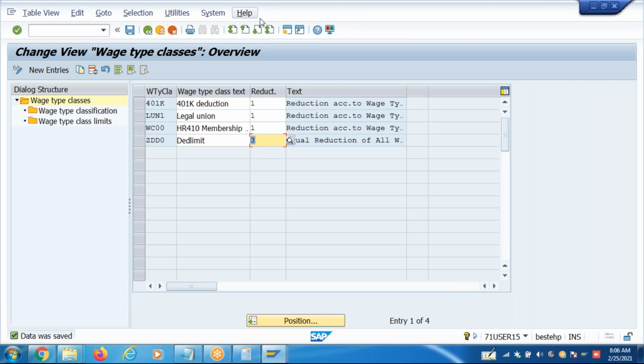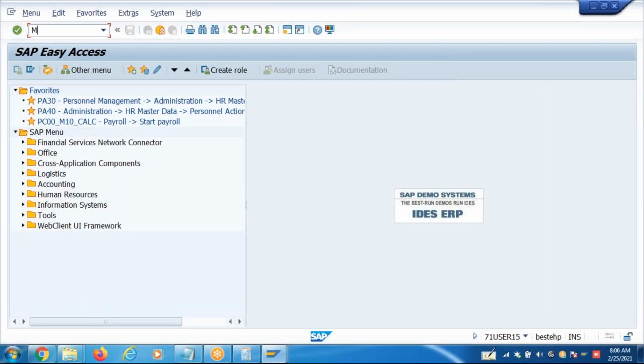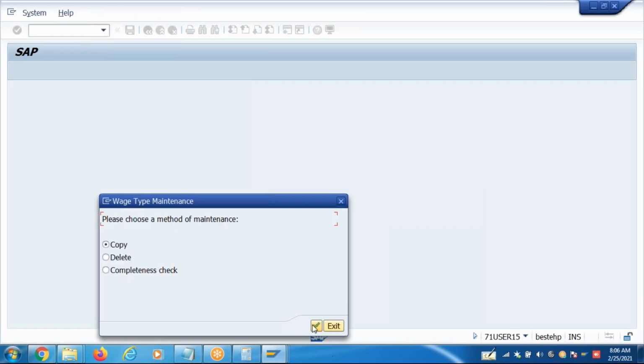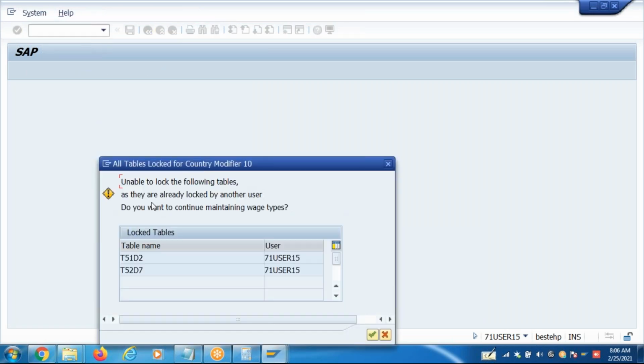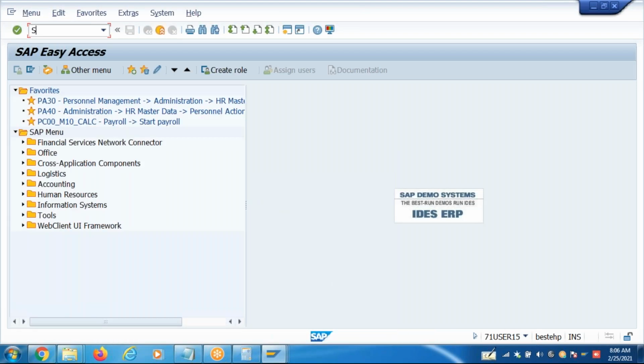For example, go to PU30. In the subsequent month, I don't want to apply these limits characters, guys.